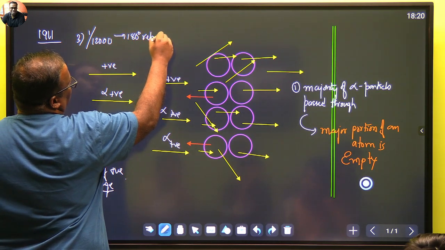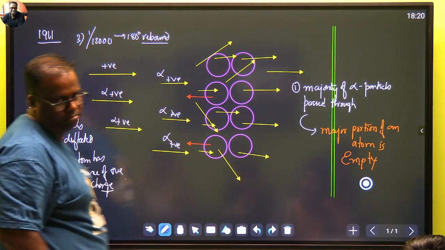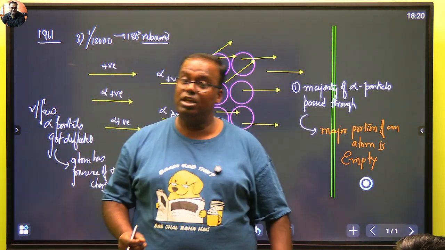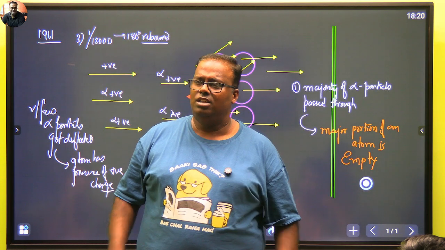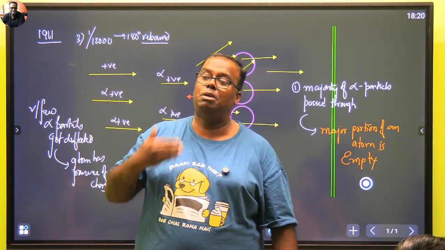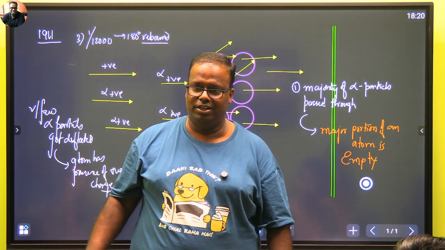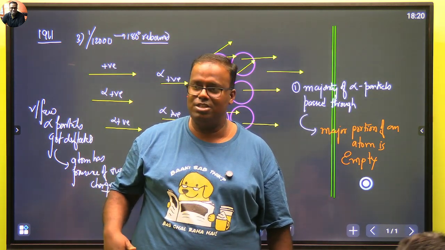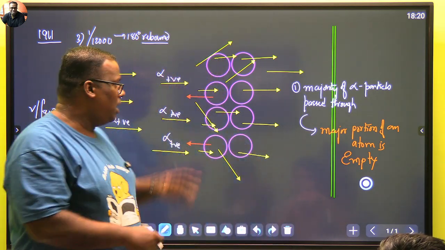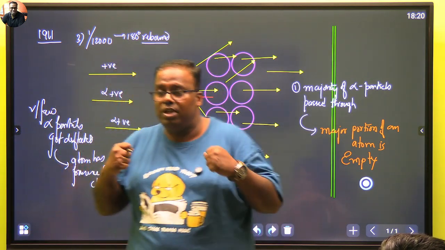Now please understand, have you played carom? Yes. Do you take a rebound strike? The rebound strike is taken on the bar of the opposite side. Is the striker very hard? Yes, the striker is very hard. But the bar is even harder than the striker. That's why the bar doesn't get damaged. But when the striker hits it, it comes back. Which means my alpha particles are supposed to be very heavy.